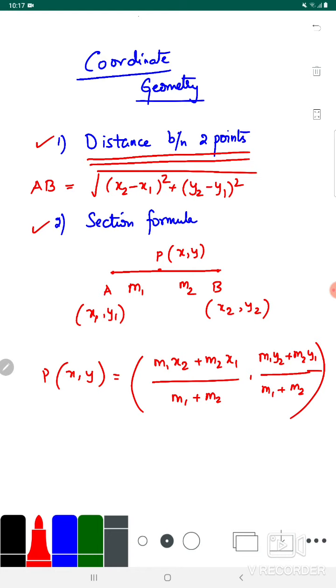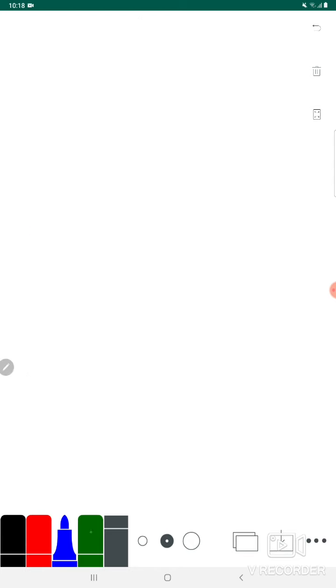Now first, what we are going to observe is how we have arrived at these two formulas, and then we will be solving the exercise questions, right. So let's move to the first one. The first one is finding the distance between 2 points, right. So how do you find the distance between 2 points? Now let us say